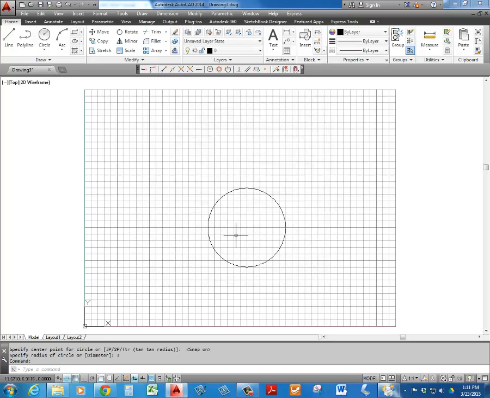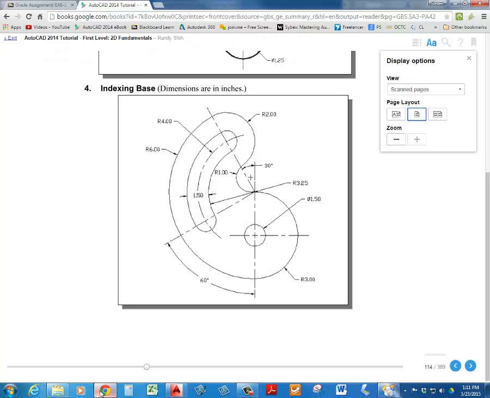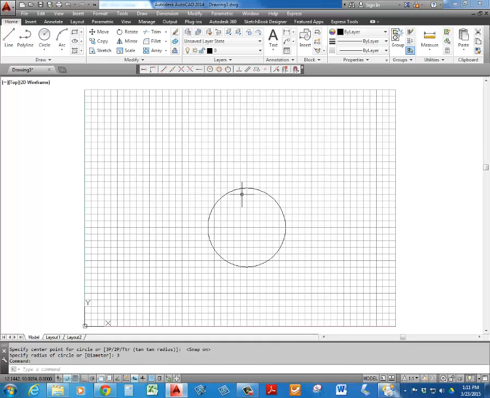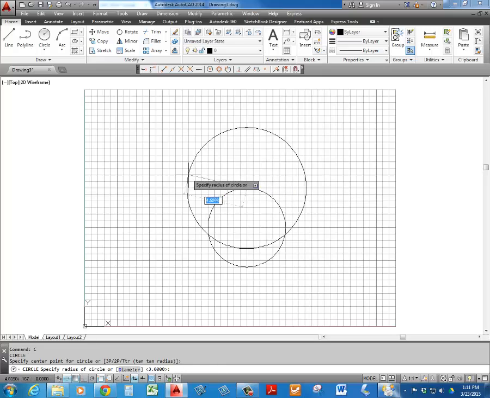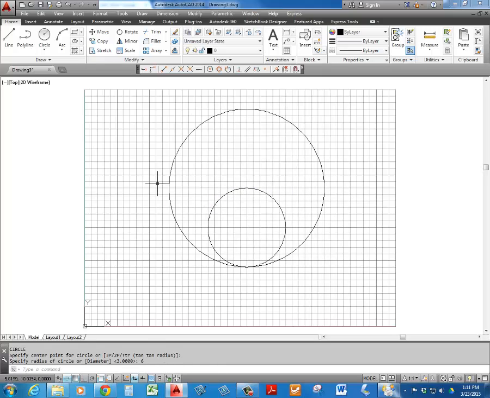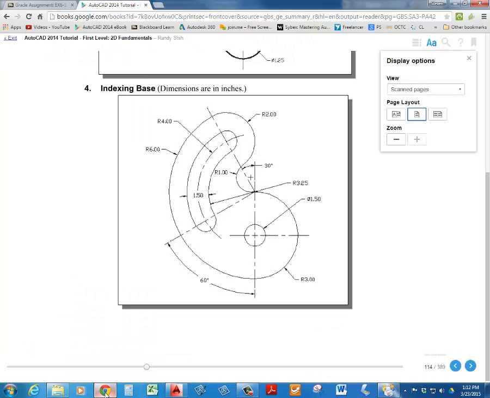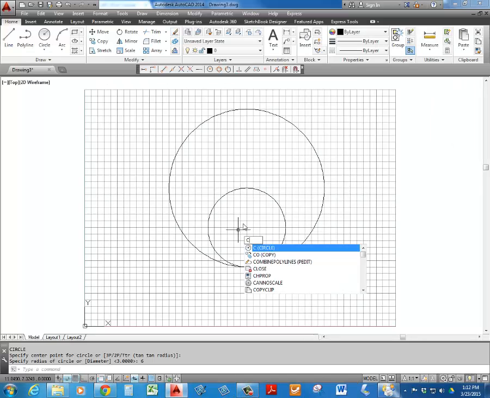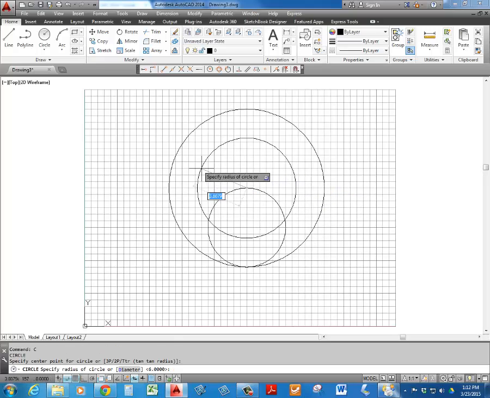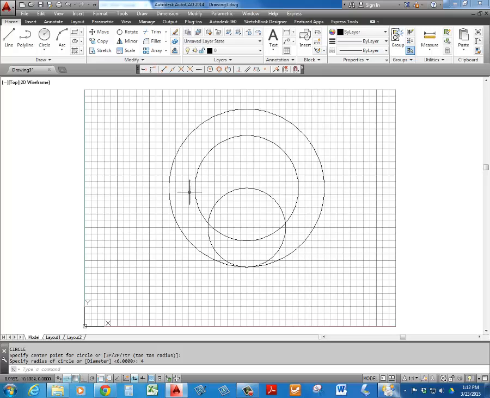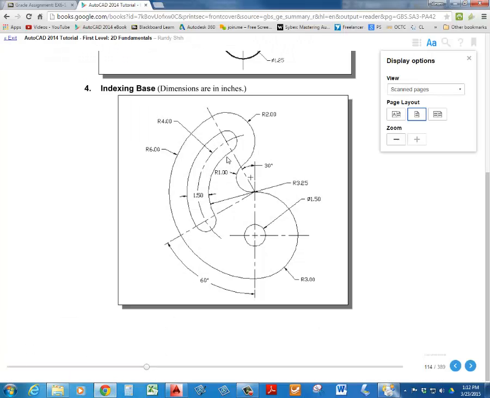So we look at our drawing, and the first one is 6 inches, made from this point right here, 6-inch radius. So circle, pick the quadrant, 6-inch radius. Next is the 4-inch radius. Circle, quadrant, and 4. Next is